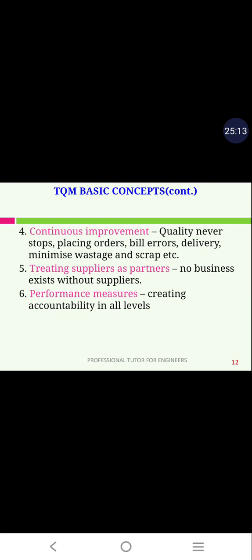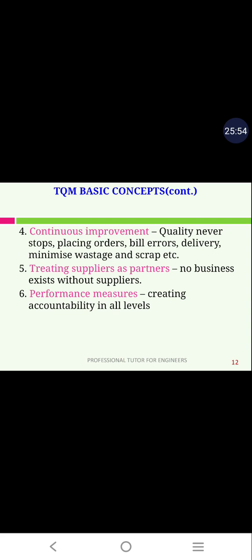As we all know, the cost of raw material is very, very important. The cost of raw material is very huge, so we need to reduce the scrap as much as possible. Whenever you are producing a product, lots of wastage happens. Those things have to be reduced so that the product quality can be increased, and you can give it at a very lower cost. When the wastage of material is less, definitely you can give the product at lower cost. So that is called continuous improvement.